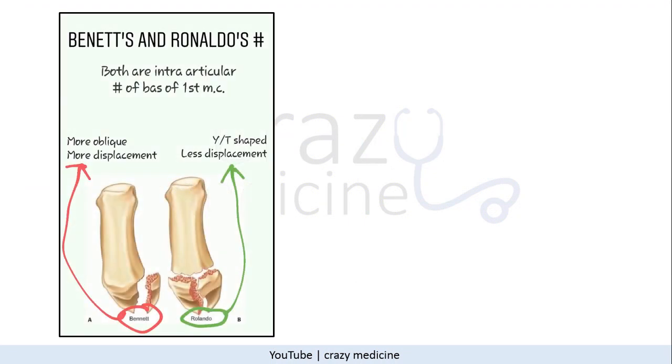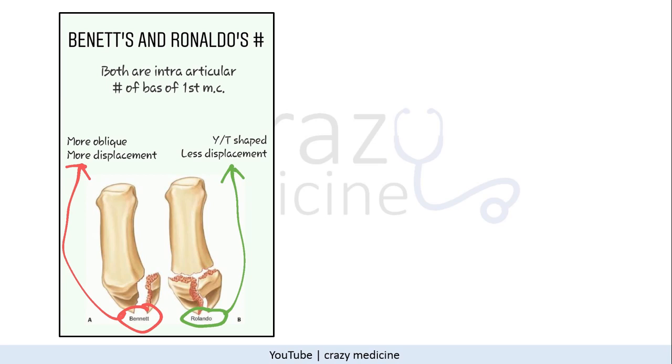First is Bennett's fracture and Rolando's fracture. Both are intra-articular fractures of the base of the first metacarpal bone, but the difference is Bennett fracture is more displaced compared to Rolando fracture, and Bennett fracture is more oblique, and Rolando fracture is a Y or T-shaped fracture, as you can